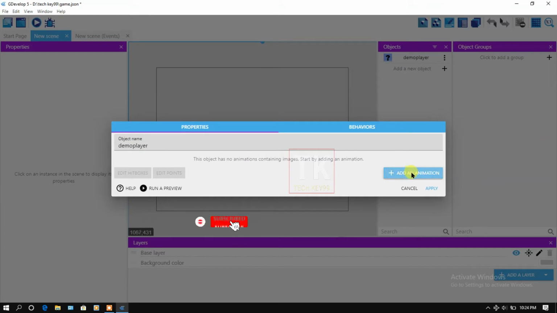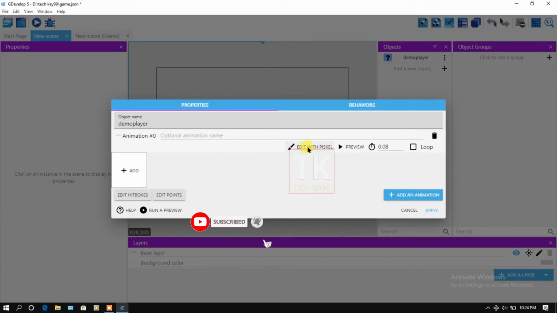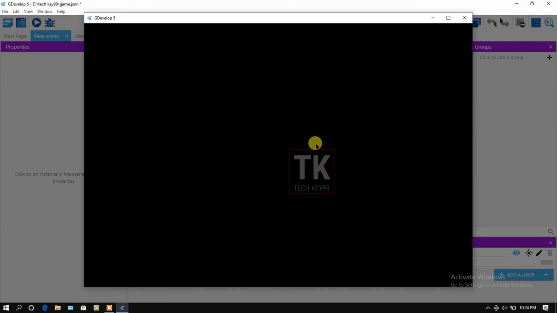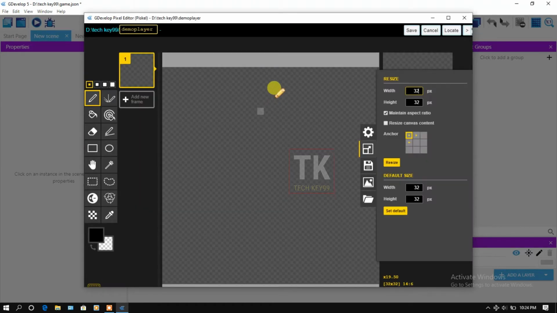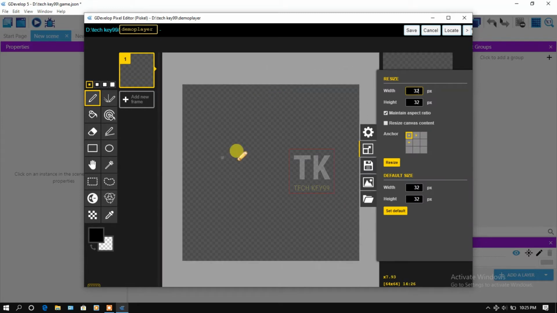Click on add an animation. Edit with pixel. Here you can make your game player, game background, buttons, enemies and many other things.